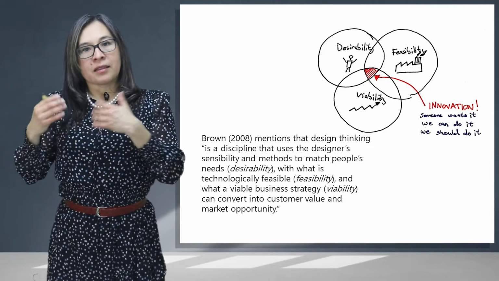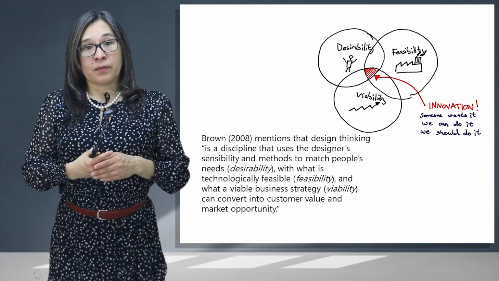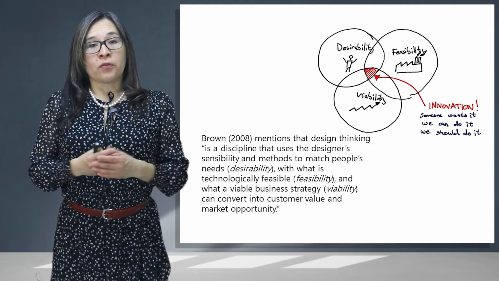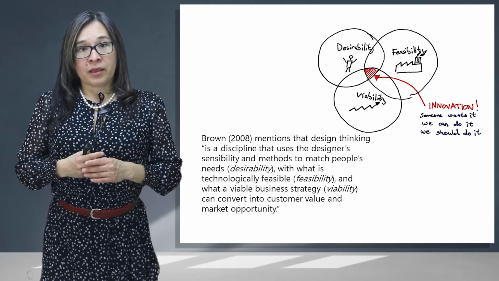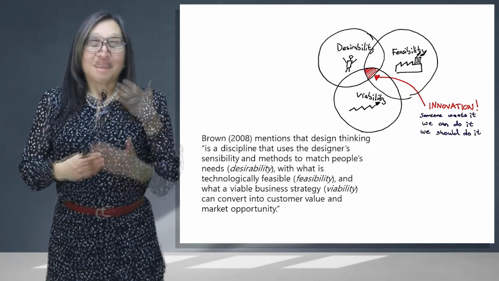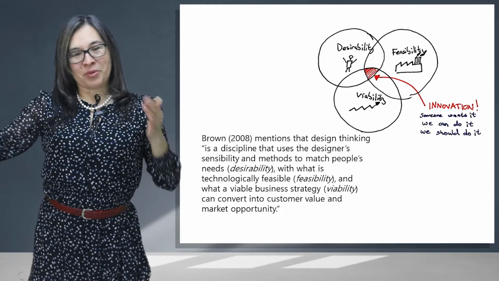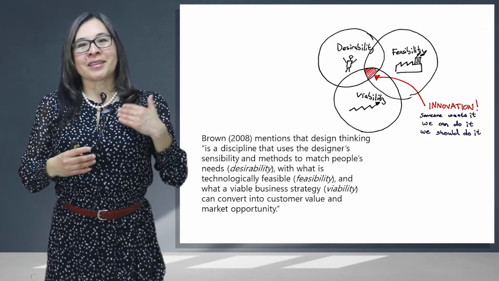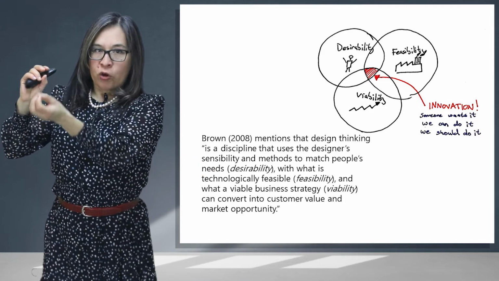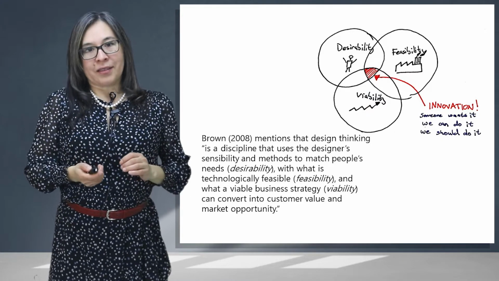Viability, in the sense that yes, it's viable, we have the financial resources to address that particular problem, to create that particular solution, and to bring it into use for those users that we want to provide the solution to. And feasibility means that it's technically possible to produce a solution, because perhaps we can imagine a solution that requires, I don't know, teleportation, and that would be impossible to do now. So at the core of that intersection of the Venn diagram lies the solution of design thinking.